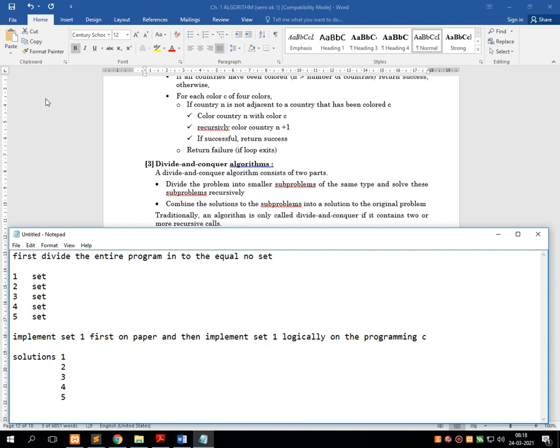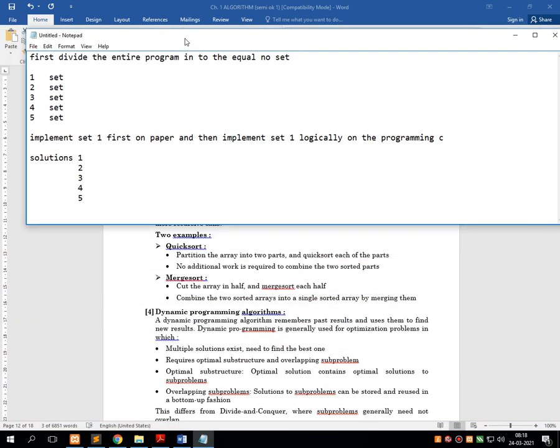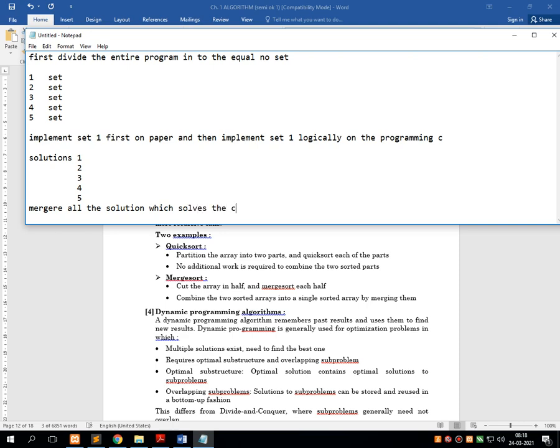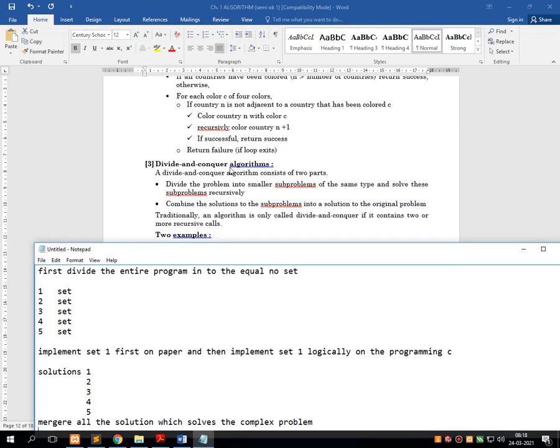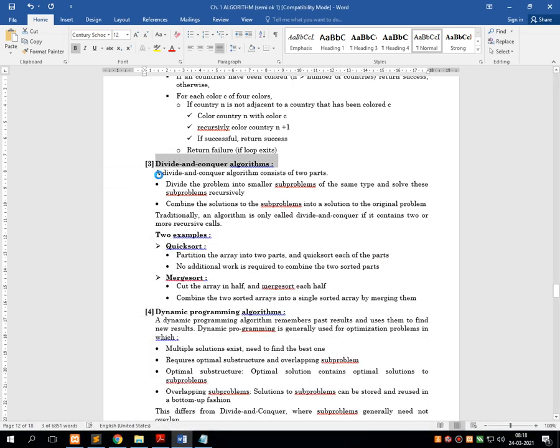After getting each and every solution of each and every set, merge all the solutions, which solves the complex problem. So this technique is called the divide and conquer technique, and the algorithm to which we apply it is called the divide and conquer algorithm.